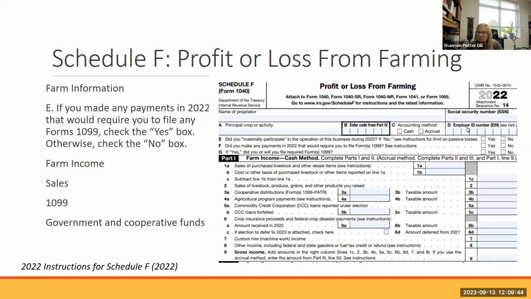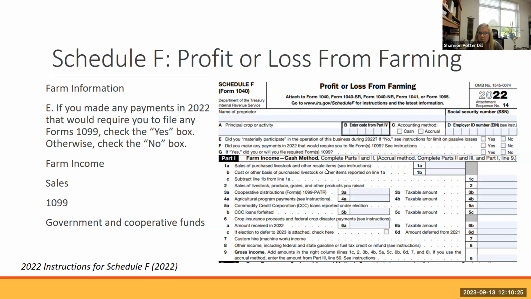There's also an employer ID number, an EIN number, and this is something if you haven't done, you may want to apply through the IRS to do. A quick search of IRS EIN numbers, you can find out how to apply for it. It's fairly quick. And the nice thing about having an EIN number is it keeps you from having to use your social security number when you work directly with businesses if you need to be designated as a farm. And I would highly recommend, if anyone's getting started, and especially if you're operating as a sole proprietor, that you get an employer ID number or EIN number.